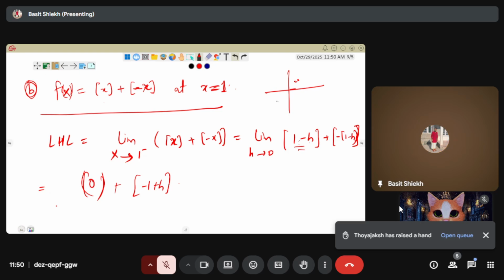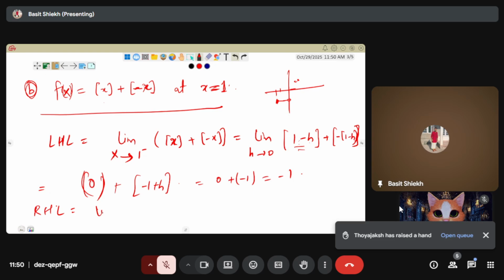When it is minus 1 plus h, it will go to minus 1. So this is 0 plus minus 1, which is minus 1. Now RHL,